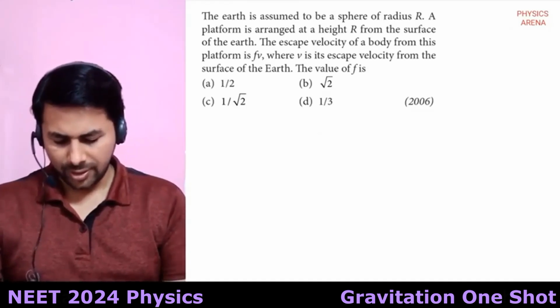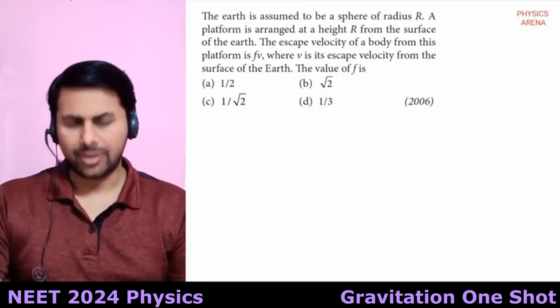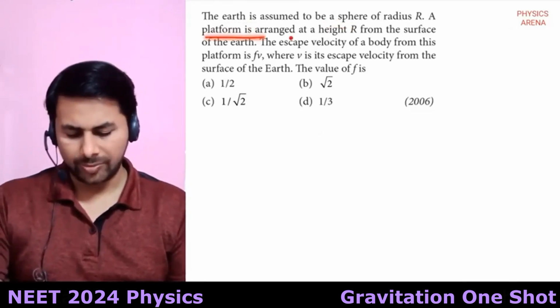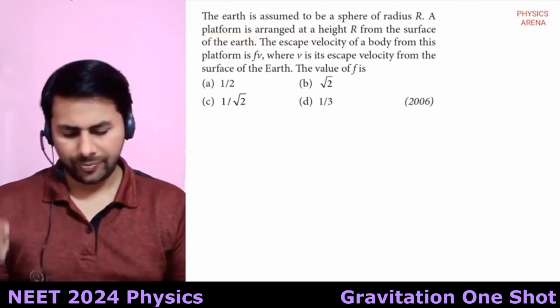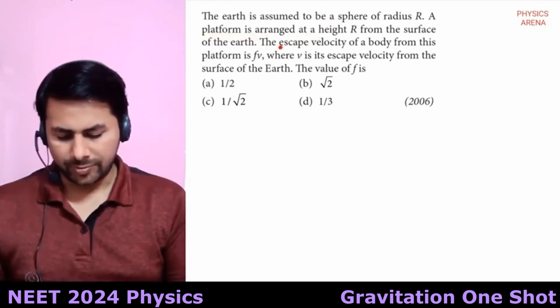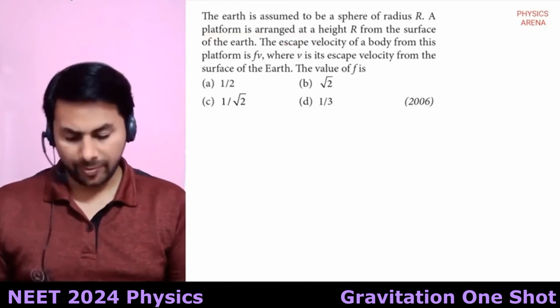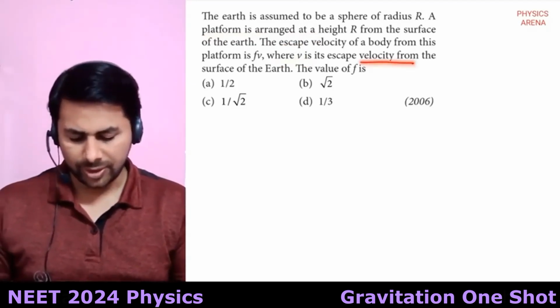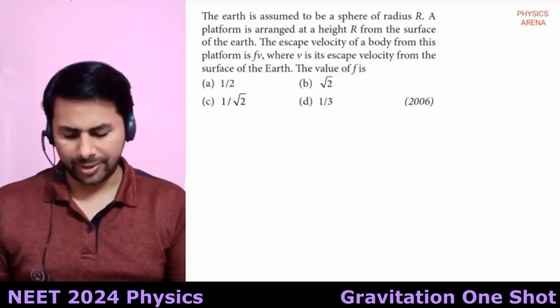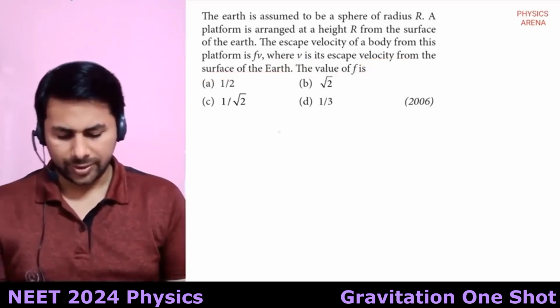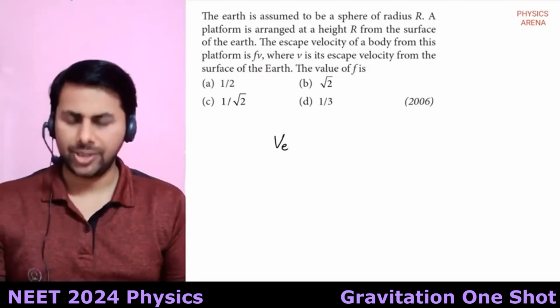Next one. Earth is assumed to be a sphere of radius R. A platform is arranged at height R from the surface of Earth. The escape velocity of a body from this platform is Fv, where v is the escape velocity from the surface of Earth. The value of F is... okay, so escape velocity at height h